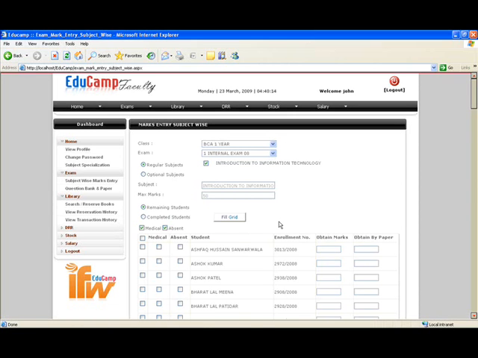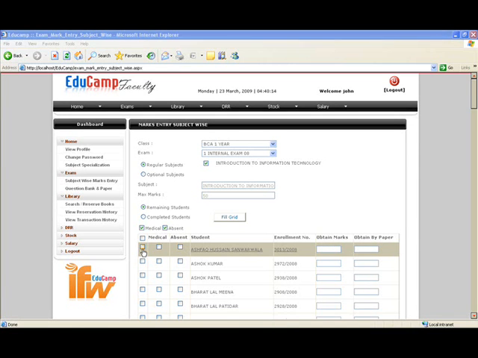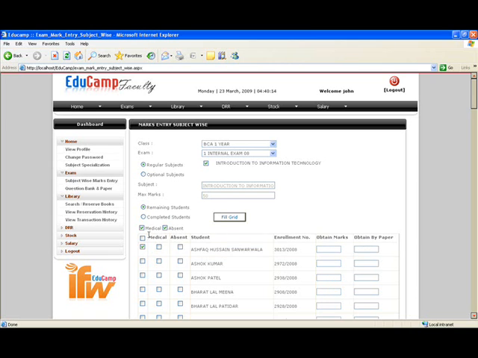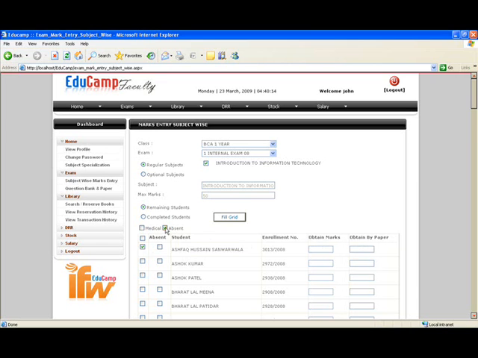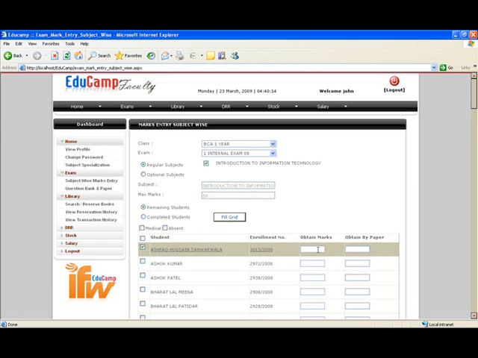And now the list of all the students whose marks are yet not been entered will be shown. Select the student whose marks are to be entered. Now suppose there is no student who has taken any medical leave during examination or was absent for any other reason. You can hide these fields by clicking on medical and absent. Enter the marks obtained by the student, for example,